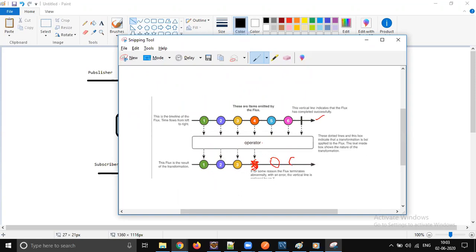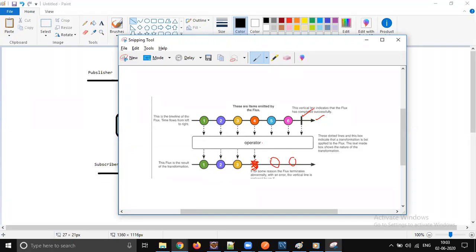So the data will be transferred. Finally, once all the data is transferred, we are going to get the completed event. What is that last arrow? Completed, right? Complete means successful termination. Error means unsuccessful, abnormal. So we can say the data is not fully transferred when there is an error.